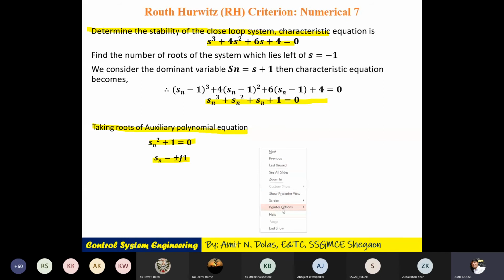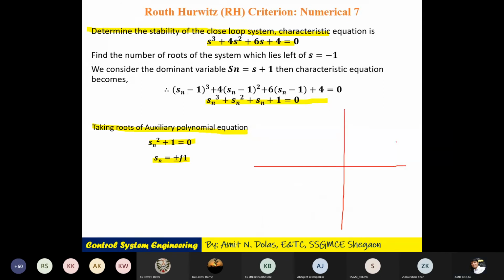So here, if you plot the roots, it will be like this. This is omega, this is sigma, sorry, sigma is equal to 0. This will be your shifted plane, -1, this will be -1. And where are these located now? Where are these located? Can anybody tell me? Are they located on the axis sigma is equal to 0 or sigma is equal to -1? I want an answer from your side.